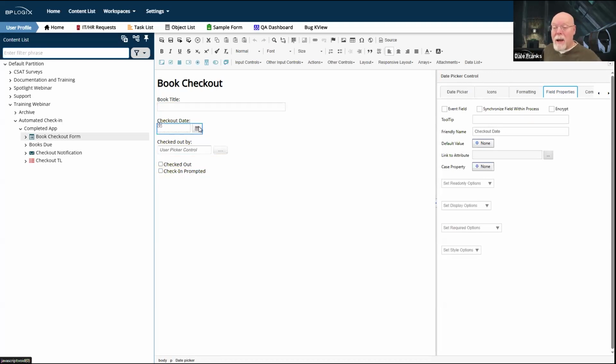Oh, wait, you know what? I might not have it set automatically because I'm going to need to put in some fake checkout dates. I'm going to need to put in a checkout date that's more than a year old. So I've got this checkout date. On a regular form, you would probably just set this to the form submit date so that it would just automatically fill it out. I mean, you might not even show it to the user, at least not the field.